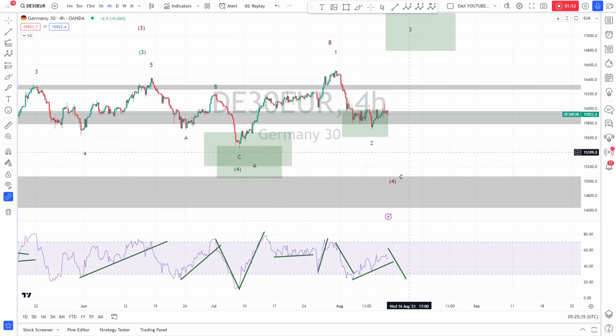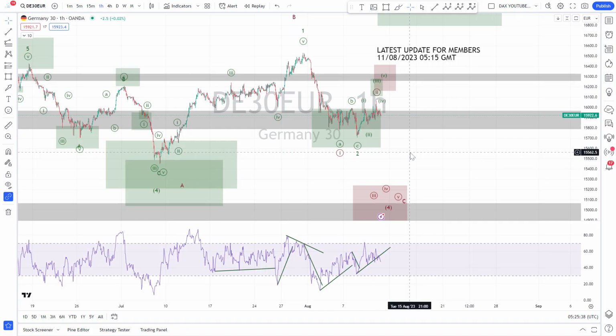Okay, let's have a closer look in the 1 hour. Yeah, so yesterday the general idea for trading was, so we had the inflation rate data release. So the idea was to wait for an extreme area and put the orders there. Like that was the idea for all the indices, because we were somewhere in between.